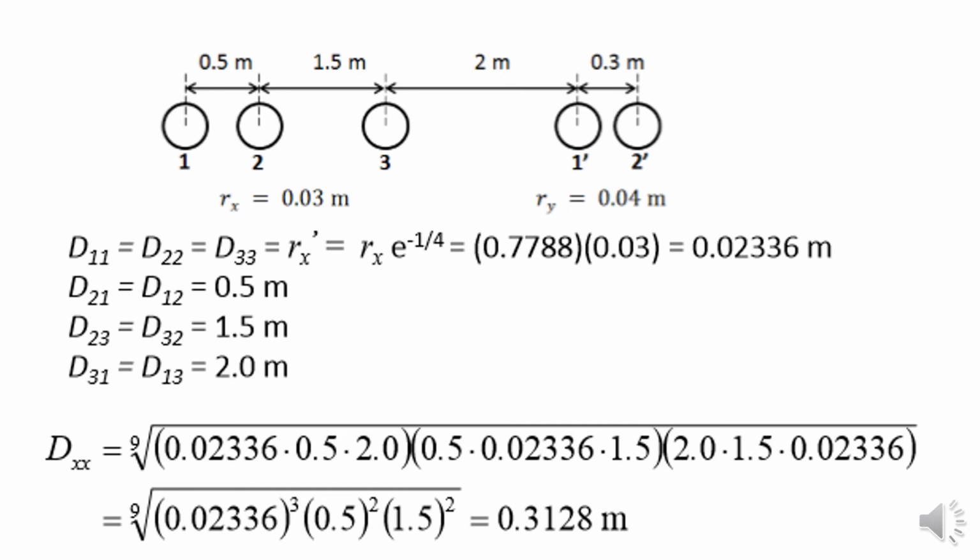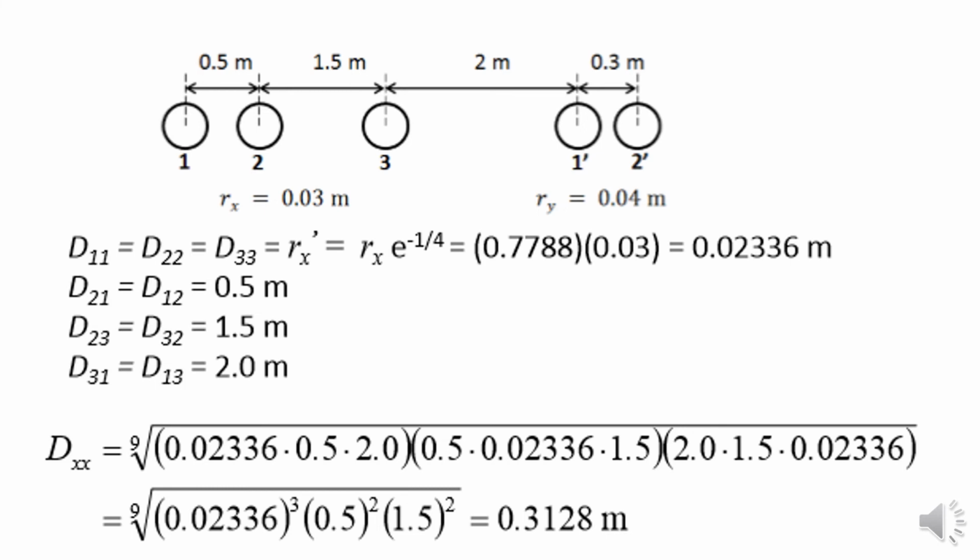According to our given example, Rx is 0.03, which means for conductor x, the radius is 0.03. So 1, 2 and 3 will have that same radius. Therefore they will be 0.02336, right? Then if we substitute all these values into the previous Dxs, which is the GMR of conductor x, what you get is